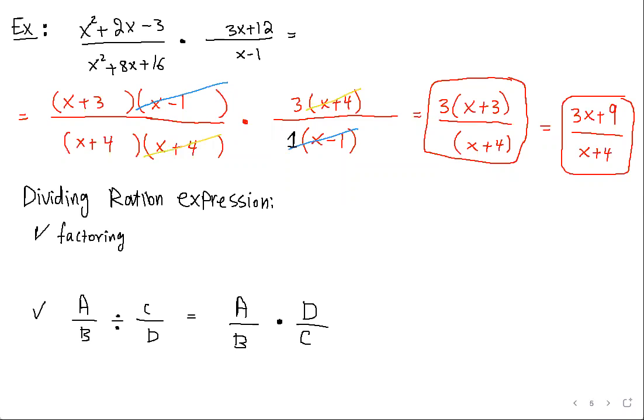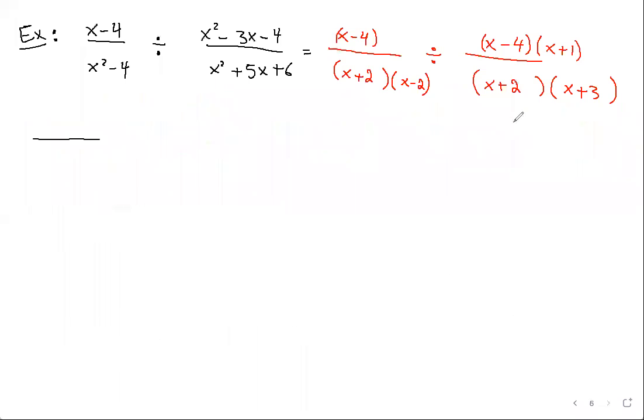Here, use this property. Then we simplify. Okay, factoring, we factor. We will use this property, then we simplify. So now, using the property, again we flip the second fraction. We flip this. So this is equal to x minus 4 over x plus 2,